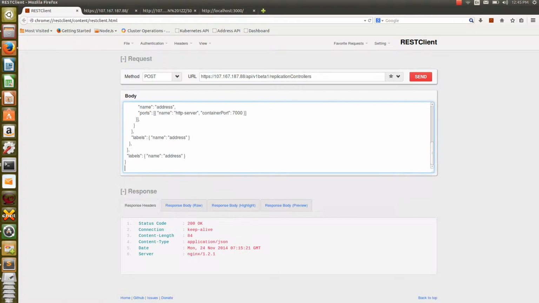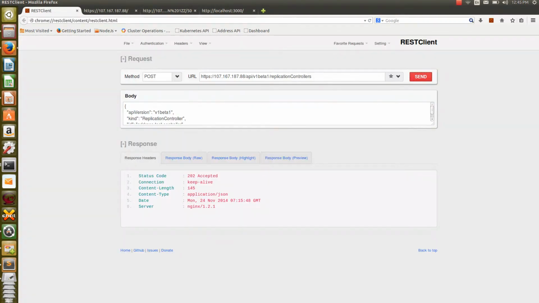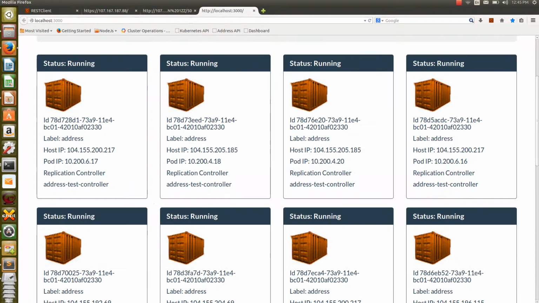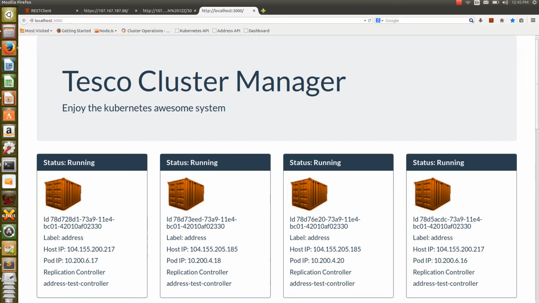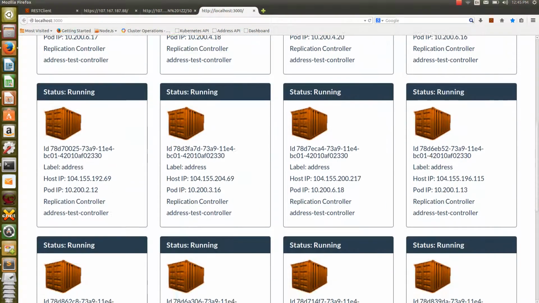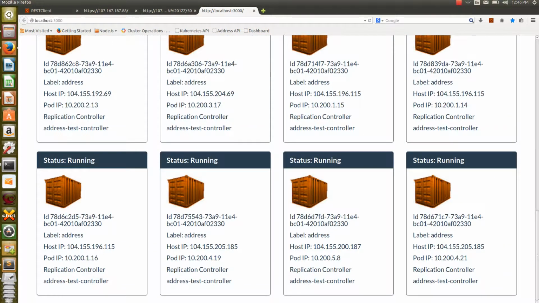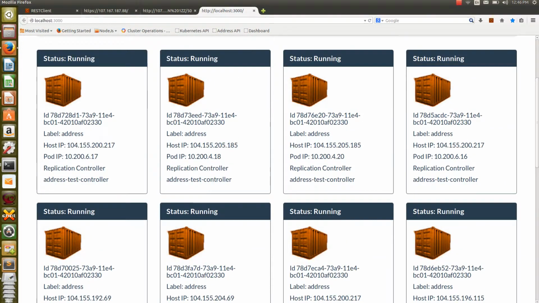Now I am going to say that 30 or 25 is fine. 24 is fine, it's easy. Okay, 25 is fine. So click send. Accepted. You just go back and then hit this one. So you should see that all the 25 are running. So still 16 is there. Okay.